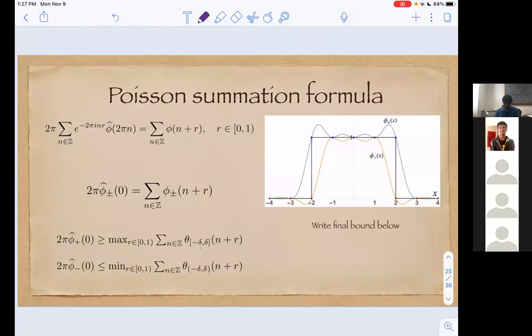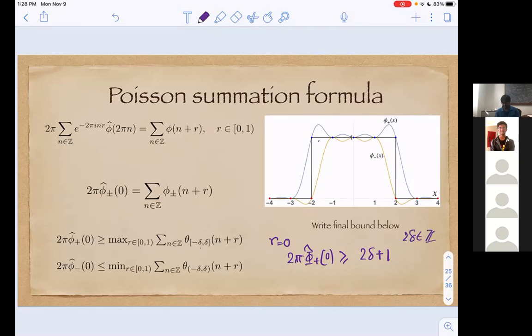If you give it a little bit of thought, then you will see that r equals 0 gives you the optimal situation where you have the maximum number of integer points inside this window. So you can immediately write down twice pi phi plus hat 0 is greater than or equal to delta plus 1, which is precisely the number of points you can fit in a window of twice delta,